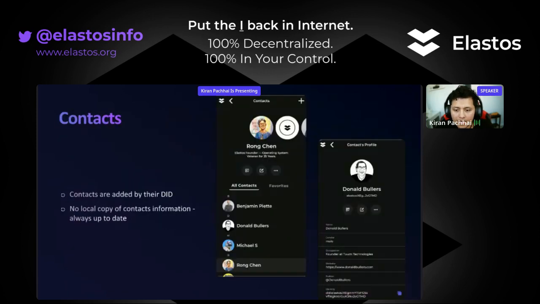All right, so this is another feature of Essentials. It's a contacts feature. There is no local copy of any of the contacts information. It's always up to date with information published by contacts on the identity chain, on the Elastos ID sidechain. And you always get the right wallet address, Twitter account, or company URL, or anything that the user has saved